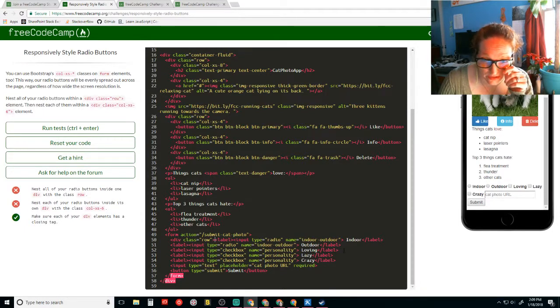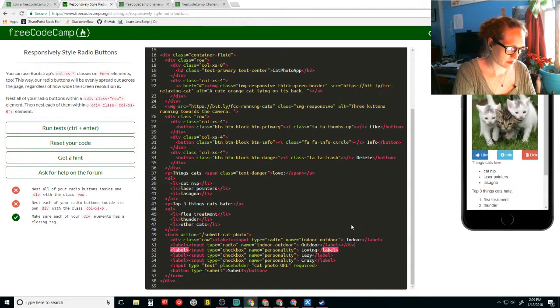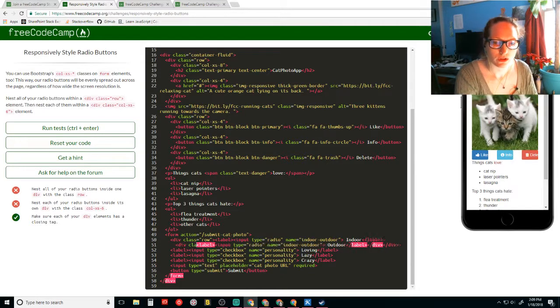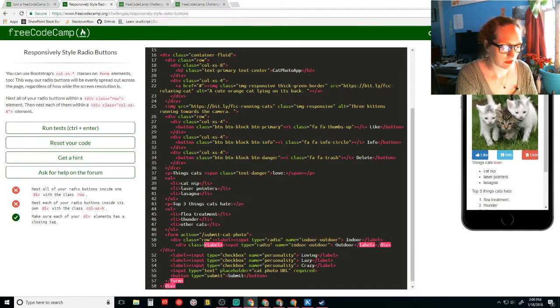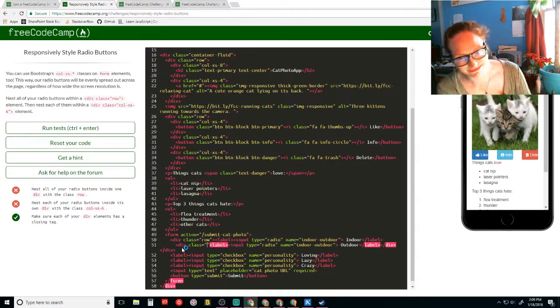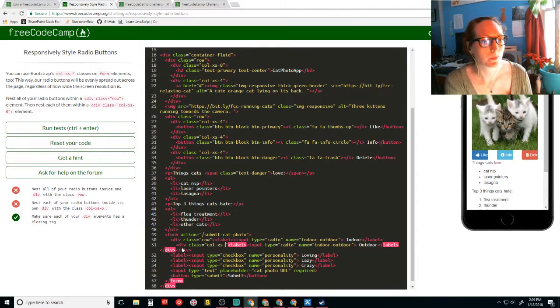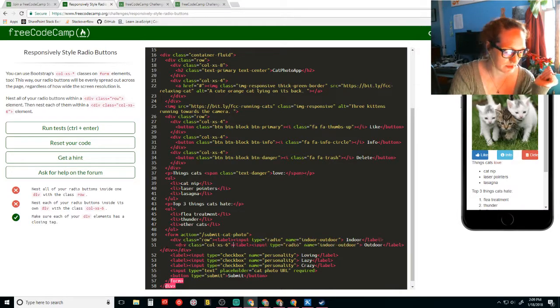And after outdoor, then we do another div. And we'll need another one as well. I know. Because we're gonna put it in there right now. Slash access slash 6. No. This way. There we go.